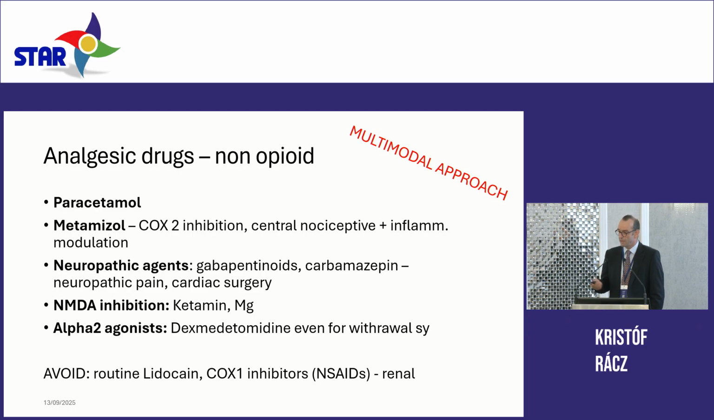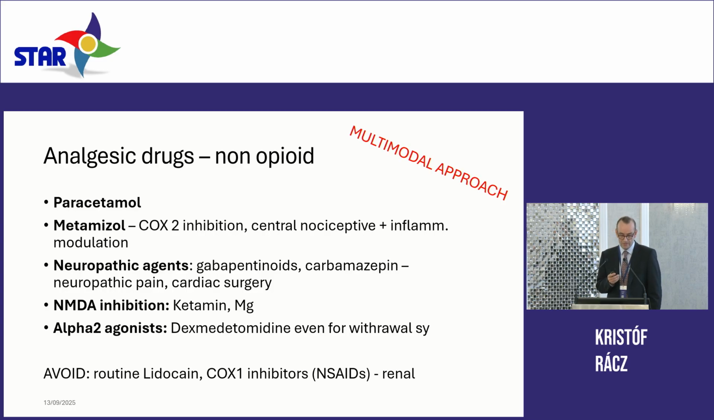So what can we use apart from opioids? We have some other pharmacological possibilities. We have paracetamol, which is rather central acting drug. We have the metamizole, which is mainly COX-2 inhibitor and also has central nociceptive and inflammatory modulatory effects with just minimal COX-1 effect. We also have the neuropathic agents, the gabapentinoids and carbamazepine, what we can give not only for neuropathic pain, but gabapentinoids are now